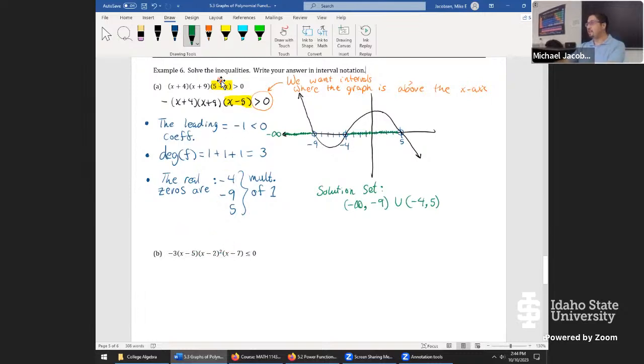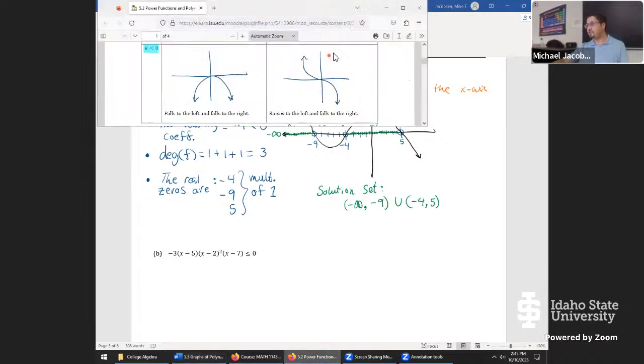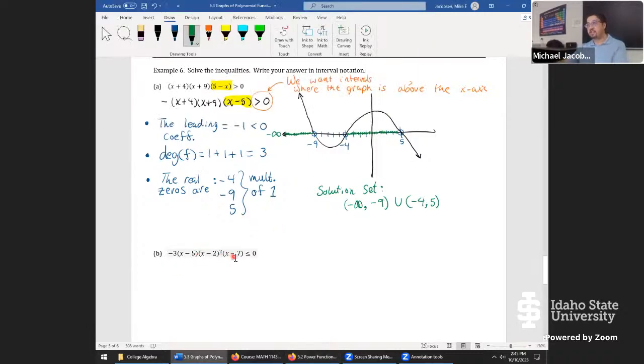Watch out for these, like a 5 minus x. You always want to correct that, or else we may not know what the leading coefficient is. And if we don't know the leading coefficient, we may not know which way the arrows are going on the end behavior of the graph. So this one is all set up. It's in good shape. We can immediately now say